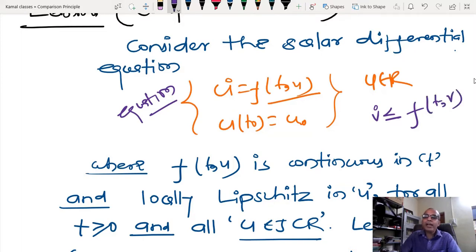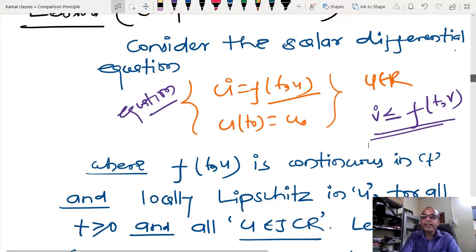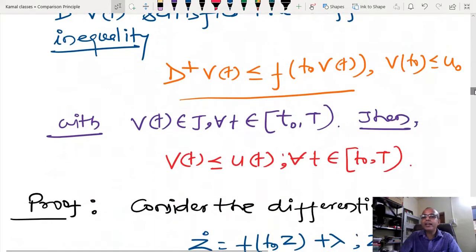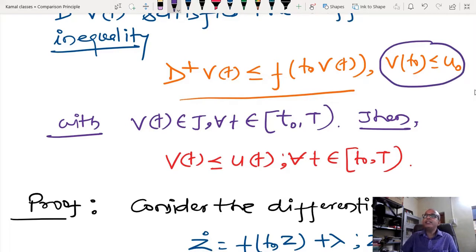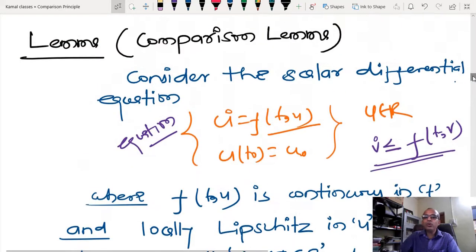And after that, since this is a differential inequality, in order to show what the future response of Vt is, I need some kind of initial condition in terms of V. And you can see the restriction I have kept here: whatever the initial condition of Vt is, it should be less than u0.